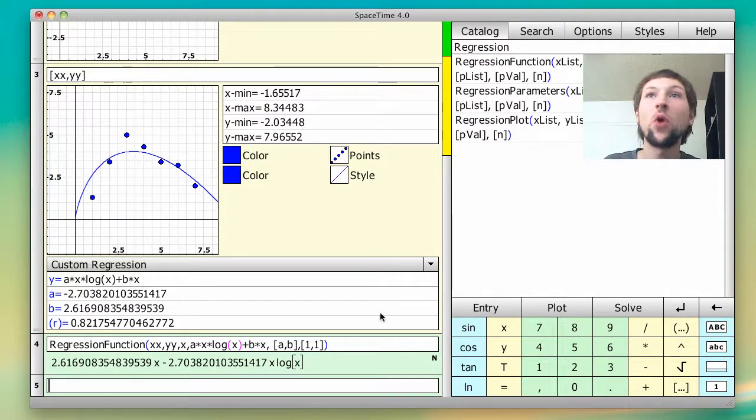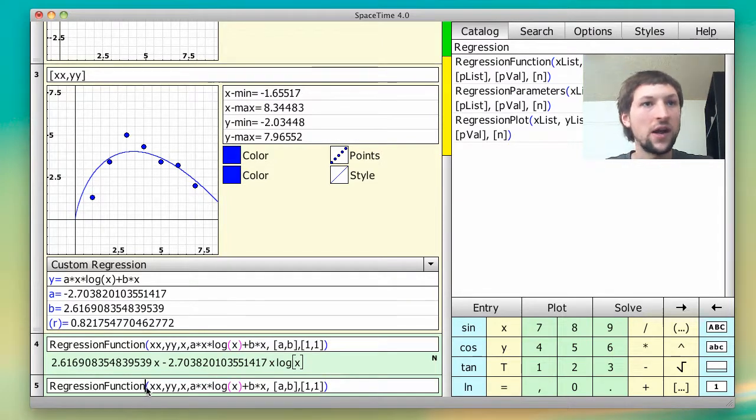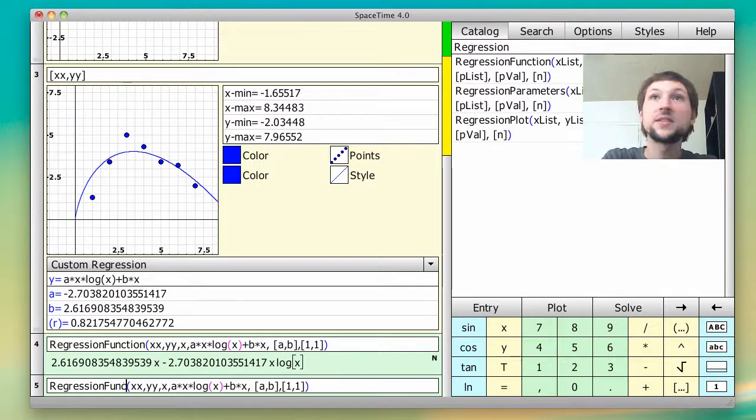Okay, so if you wanted just the function, and then you wanted to work with the regression function, that's what you could do. If you're interested primarily in the parameters, let's copy and paste. What's nice is I can just put the cursor on the line. I can highlight if I want a subtext, but if I just want the entire line, I just put the cursor there and do a control C. And then I can do a control V here, and now I can modify this. And so I want to do regression parameters,